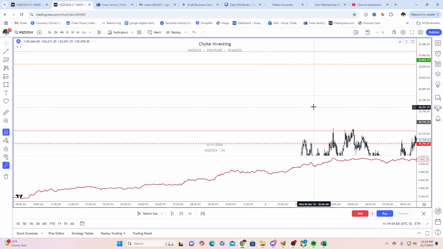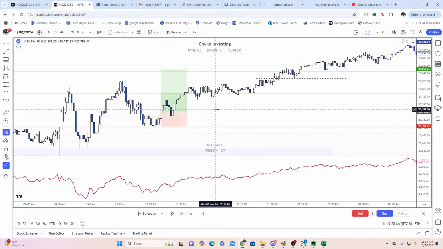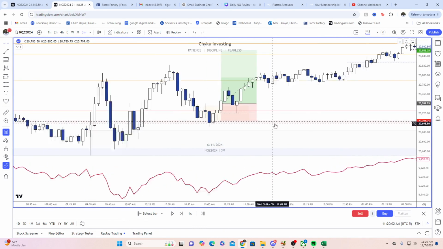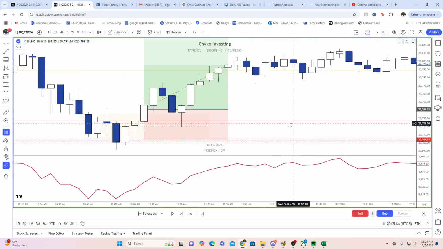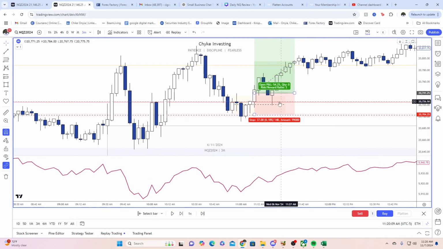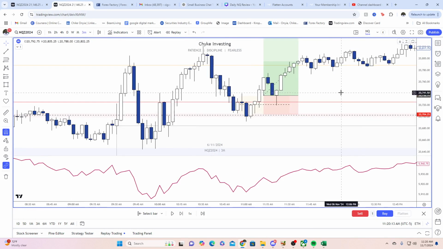Let's even go to the 2-minute, for example, or let's maybe even go to the 3-minute. Yeah, look at this on the 3-minute. This is also why I would have liked to take this trade on the 3-minute. I like to see very clean fair value gaps. This is also a 22 model here on the 3-minute, right? So this actually would have been a better entry.